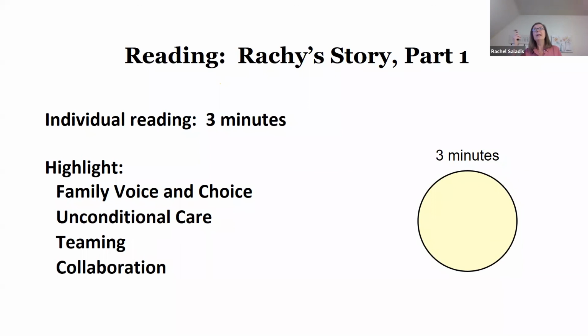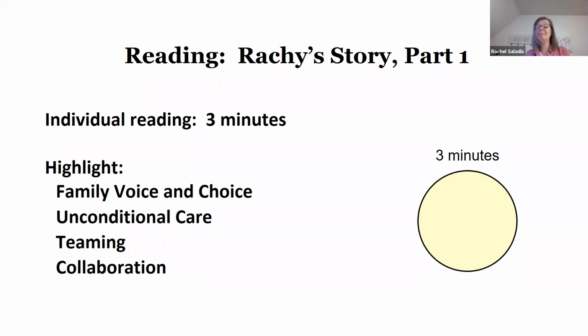And now we're going to go to a real life example. There are schools implementing Tier 3 all around this wonderful state of Wisconsin in a way that is not at all like what you saw evidenced in that pretty extreme non-example. So we're going to share with you Rachy's story. Rachy's story was written by a Tier 3 facilitator right here in Wisconsin. Now the names and other identifying details have been changed, but we do want you to know this is real life, folks. This is real. So I hope you'll find Rachy's story part 1 in the chat box.